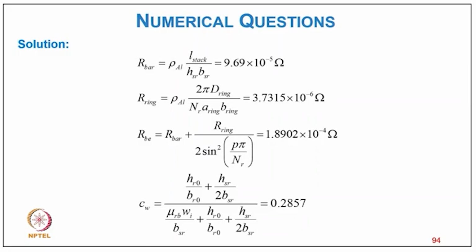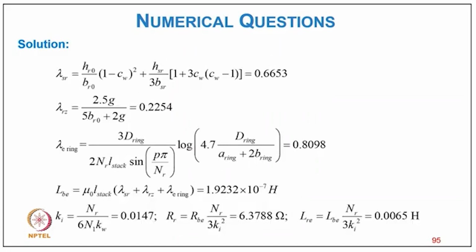CW equal to HR0 divided by BR0 plus HSR upon 2 BSR divided by BSR plus HR0 BR0 plus BSR to BR0, that comes 0.2857. Now lambda SR equal to HR0 upon BR0 in bracket 1 minus CW square plus HR upon BSR in bracket 1 plus 3 CW into CW minus 1, putting value 0.6653, and lambda RZ equal to 2.5 G divided by 5 BR0 plus 2 G equal to 0.2254,